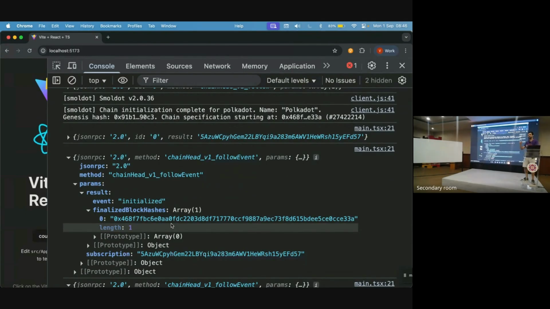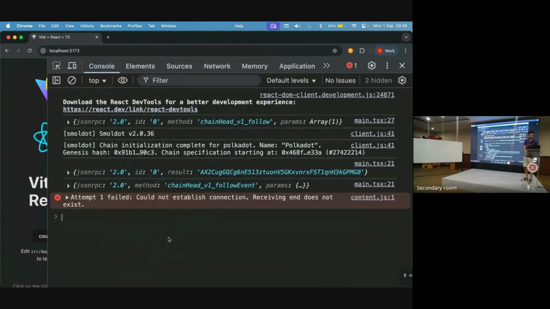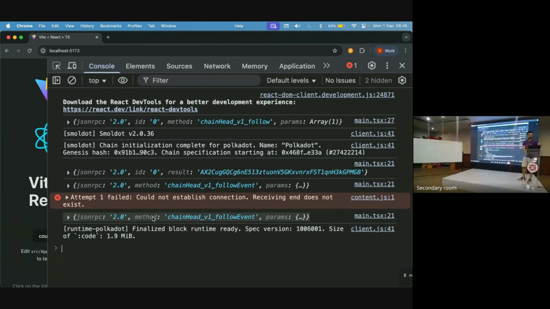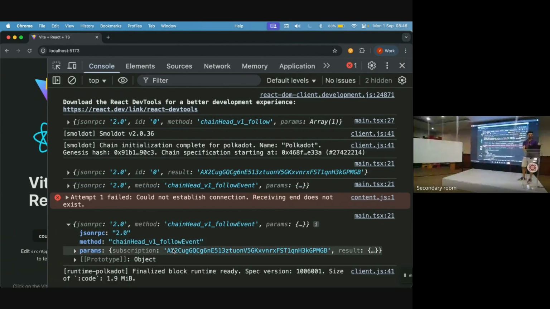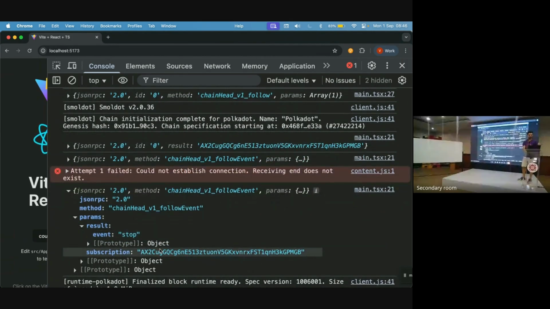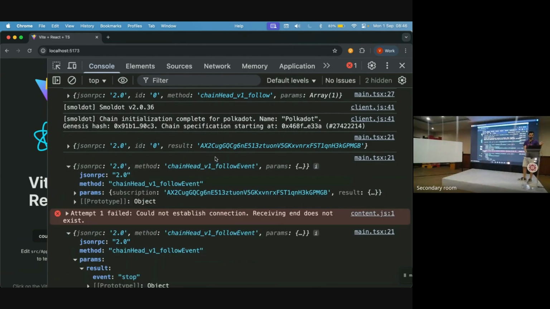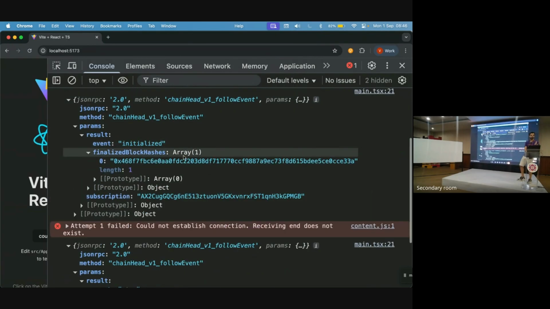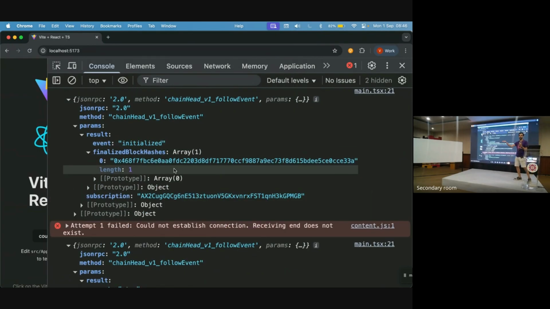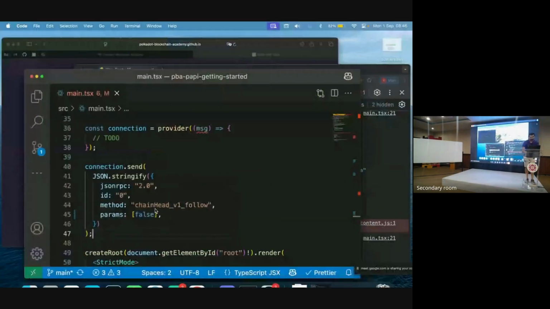So it's like, here's the block that you asked for. But now smoldot is starting to connect with the peers. When I do this, you see I receive the block immediately because it's cached. But now smoldot is connecting with the peers and asking for blocks. And at some point it's like, okay, now I have the runtime ready, but I have it for a block that I cannot trace back to the parent. So here I have given you a follow event with initialized, but now I have a new block that is not related at all to this block. So I cannot give you a connection to that, right? So now what we can do here is